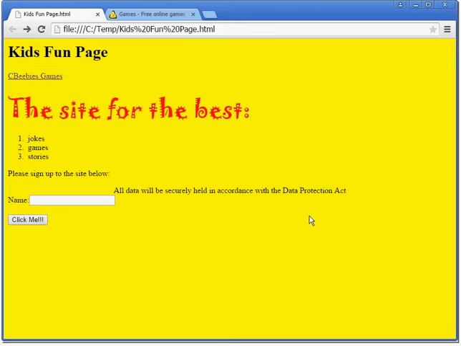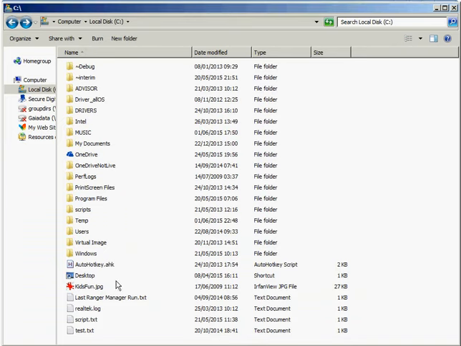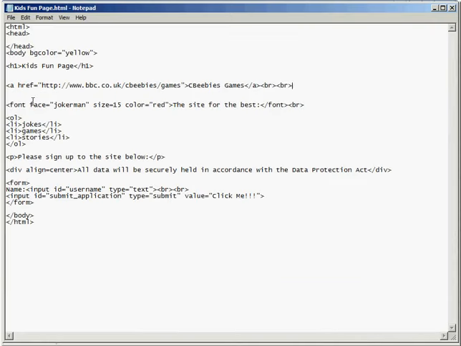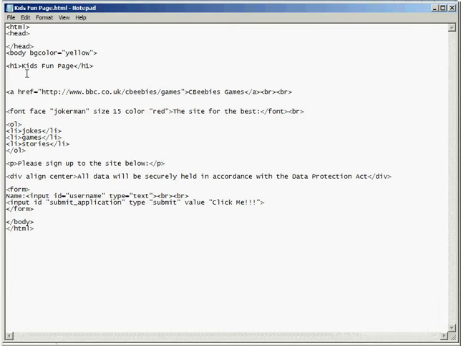One other thing that we're going to put in here, of course, would be pictures, images, graphics, whatever you want to call them. And I have a picture that I want to include in my web page. It's called Kids Fun, and it's a JPEG image, which is important to remember. So if I was going to go and put that maybe underneath my heading as well, for this I need the IMG tag, and the IMG tag doesn't need the closing section because that is just something that appears. Images don't wrap around anything, they just stand alone. So it needs a property which is called src, and we make that equal to